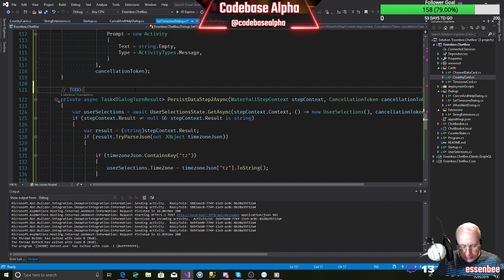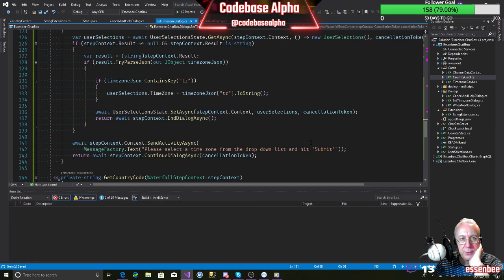To do: remove this when replaying dialogue step is sorted. So we'll leave those pieces of text in there, and we know we've got some work to do.